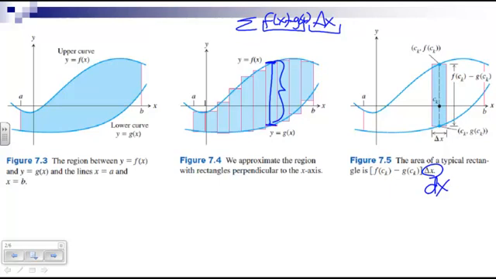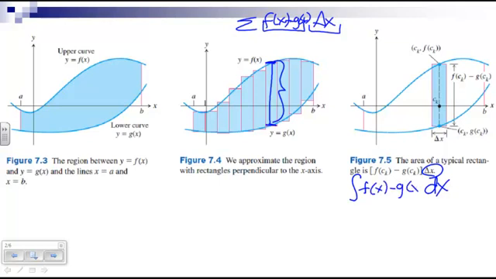And instead of using sigma and adding up all the rectangles, we have a different symbol for adding up the infinite number of rectangles as those slices get thinner and thinner. And that is the integral. So sigma gets replaced with the integral symbol, delta x gets replaced with dx,